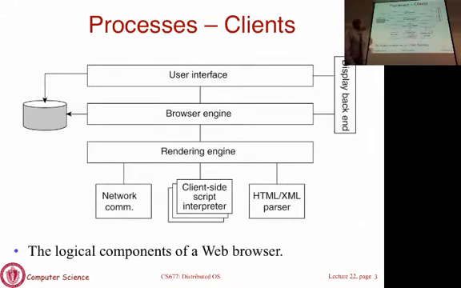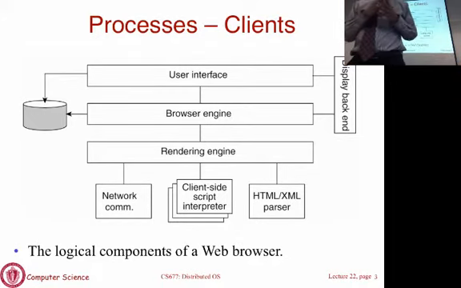Now, if you look at the client side, which is the browser, this is a picture of the various components of a browser. Browsers are typically multi-threaded. They have different modules. There's the user interface. That is the part that is the GUI that the browser presents to the end user. There is the browsing engine. That's the part that is actually going to look at the links that you click on and generate requests and so on and send them off to the network. There's the rendering engine, which is the component that takes the content that comes back and renders it.